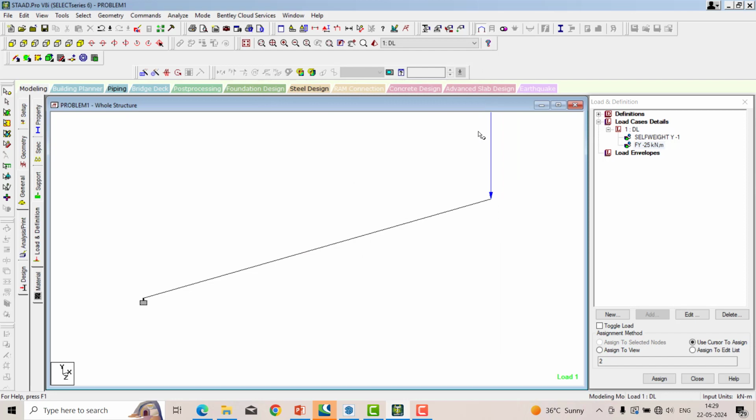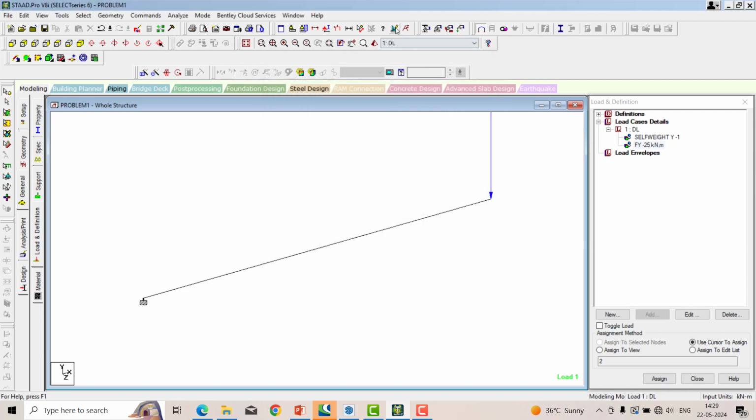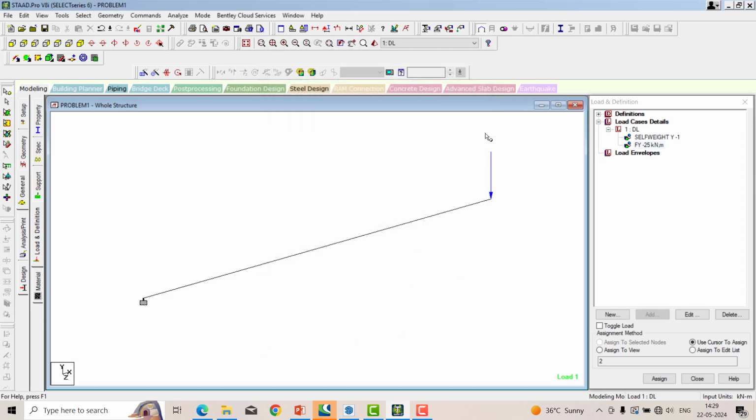Check it. If not, again I am just reducing it. I directly give it as a 30. So like this way you can reduce the point load application.